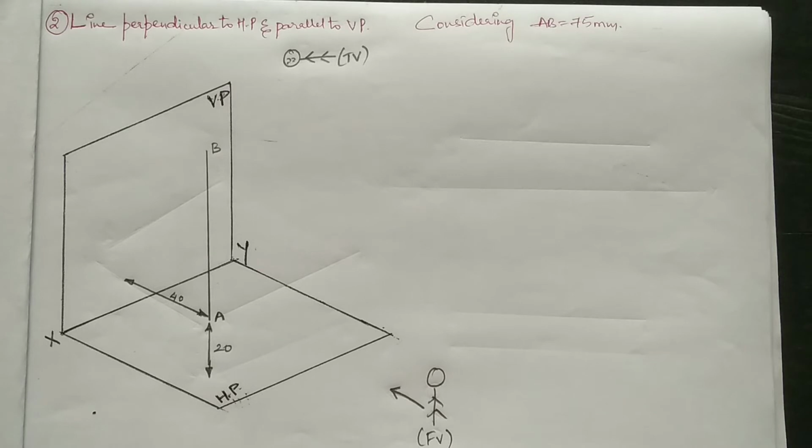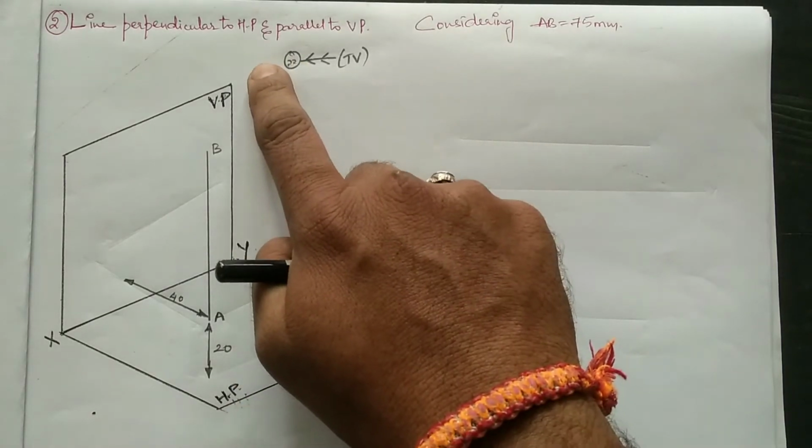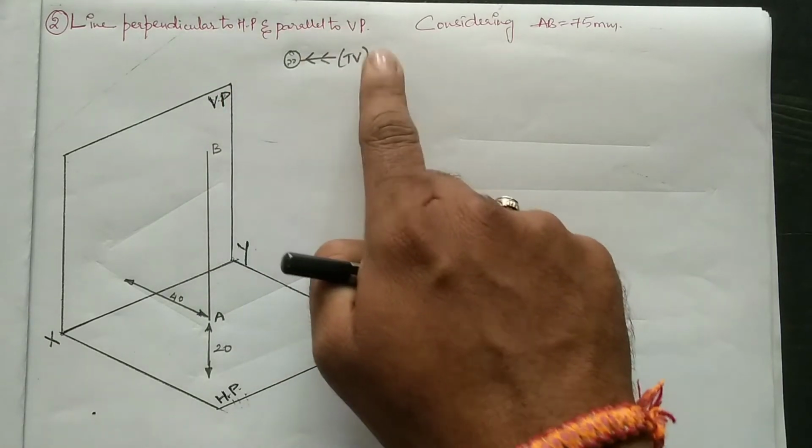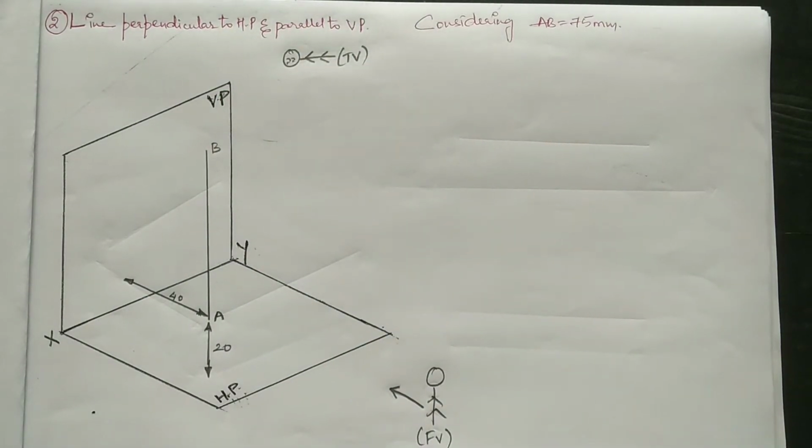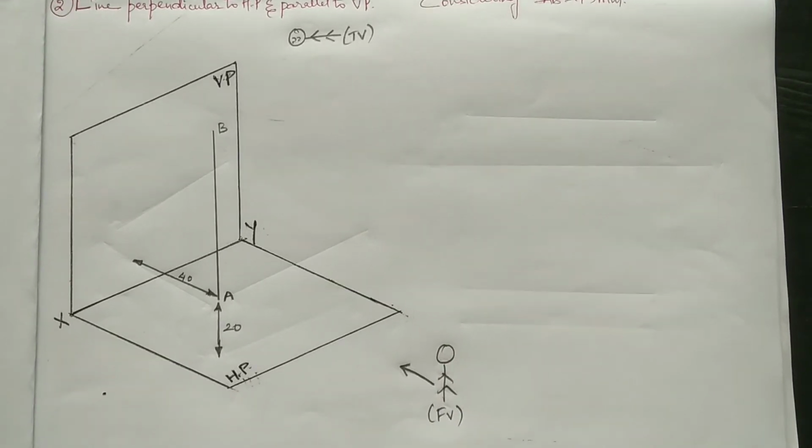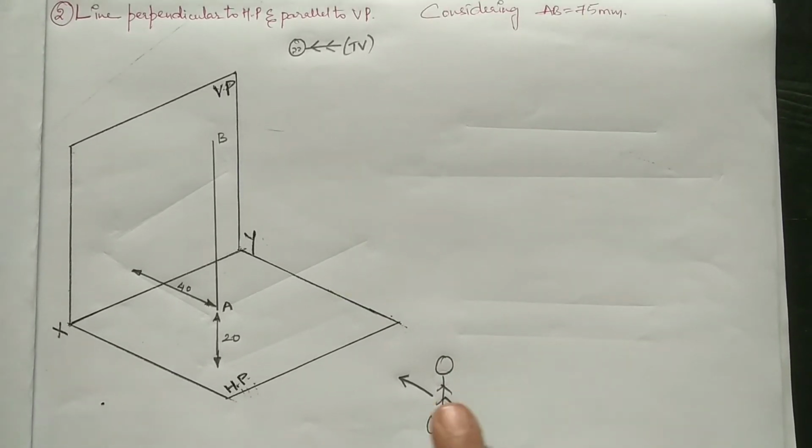In the projection of a line, when the line is positioned perpendicular to HP and parallel to VP, first we need to draw the true length of the line on the corresponding reference plane. From whichever view we are considering, the view projected on the respective reference plane, first we need to draw the true length of the line. So in this case, when we see it from the front view,